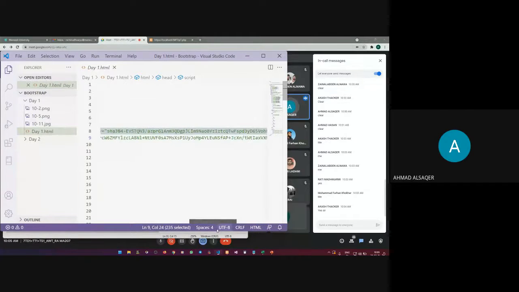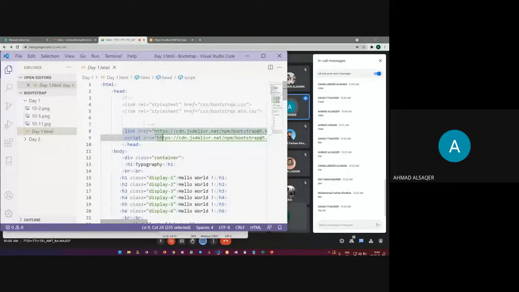Yes, sir. I am using the same link, but for Bootstrap 3.5. I just want to change the link. Yes, exactly. You just need to change the link to Bootstrap 5, so you will be able to work with it directly. My question, sir: should I then change any classes, or is it the same? There won't be any difference in the classes. There are some changes in the layouts, so just change it and see first what changes you get. Okay, sir. Done, sir. Thank you. Okay.